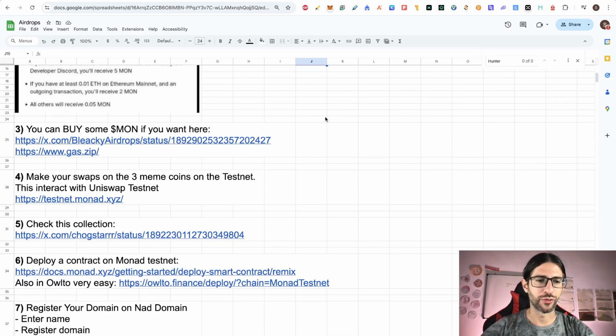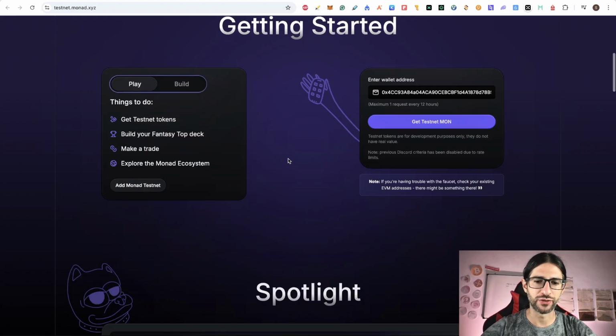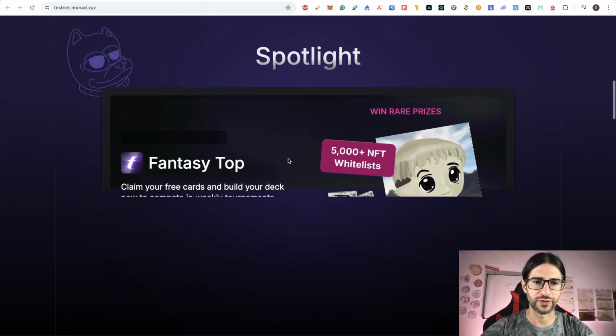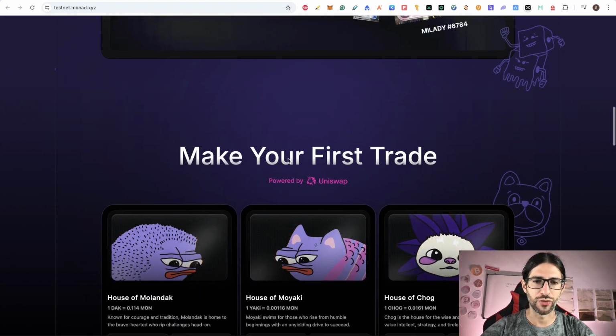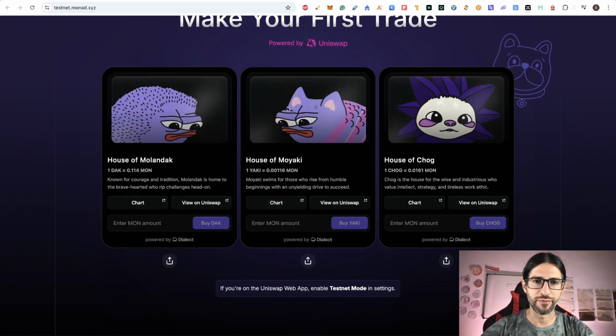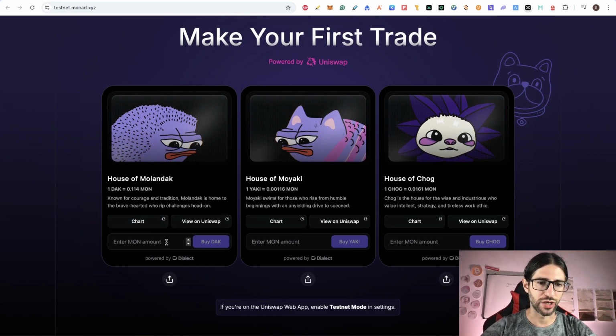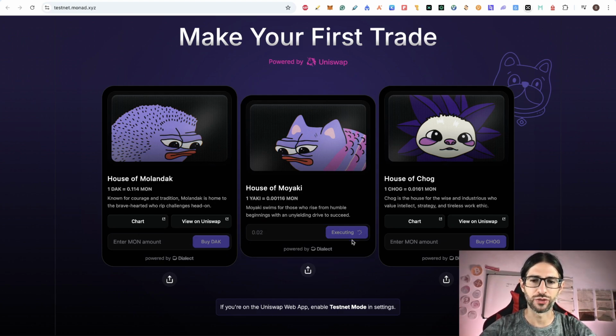The first thing, point 4, you can make your swaps on 3 meme coins on the testnet. This will interact with Uniswap testnet, but you do this down here on the Monad testnet itself. You can keep going down, and down here you can see make your first trade. So you can enter the amount of Mon that you want here, and buy these 3 meme coin tokens. That will be the first thing that you can do. Again, just put the amount and click on buy the token that you want, confirm the transaction on your wallet,